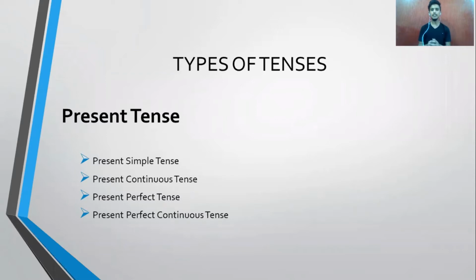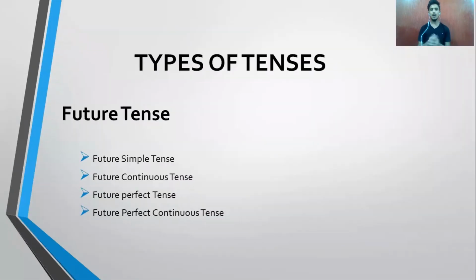It also contains four types: present simple tense, present continuous tense, present perfect tense, and present perfect continuous tense. And the last form, which is future tense. It also contains four types: future simple tense, future continuous tense, future perfect tense, and future perfect continuous tense. Now, as we have got the 12 types of tenses,